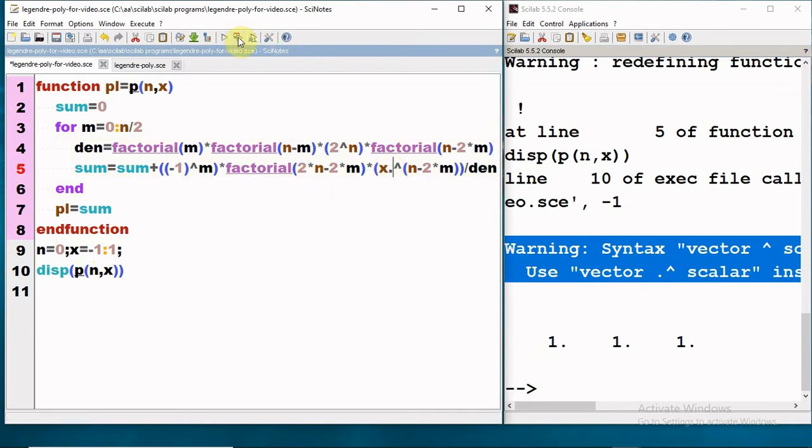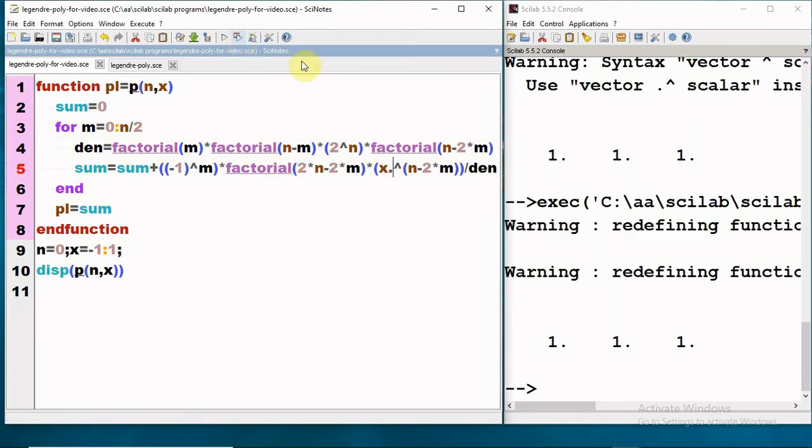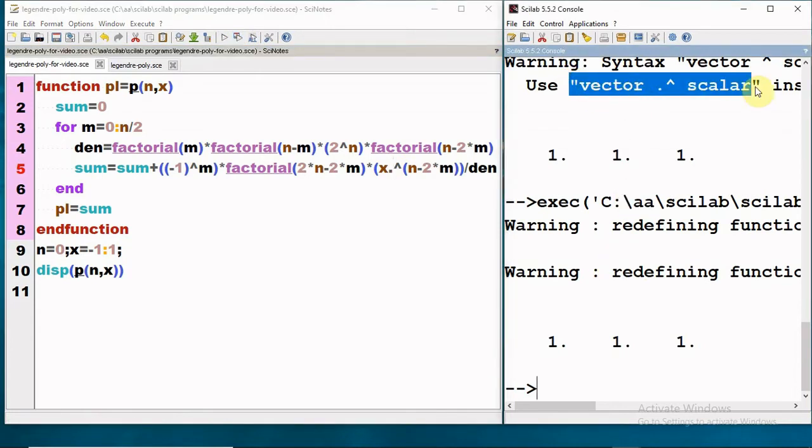So if I put the dot operator here and execute it again, we see that the warning which we were getting previously has been removed. So we have checked our function, it is working fine, giving us the correct values of the Legendre polynomial for different values of n as well as for different values of x.